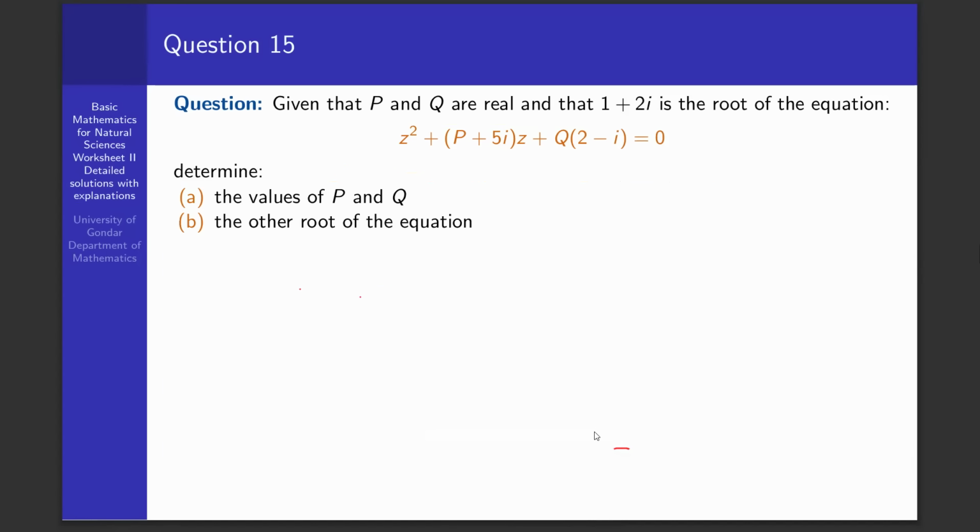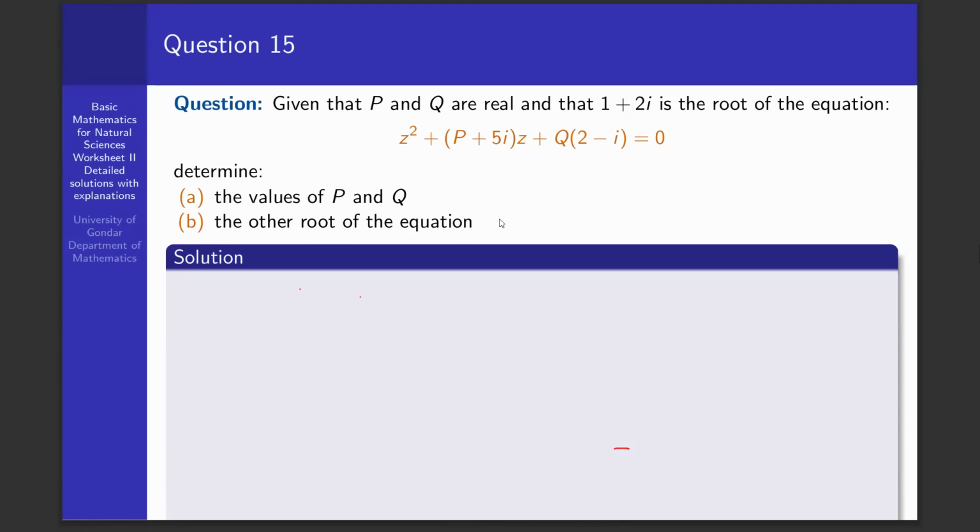Okay, question number 15. Given that p and q are real, and that 1 plus 2i is a root of the equation z squared plus (p plus 5i)z plus q(2 minus i) is equal to 0, determine the values of p and q, and the other root of the equation. So we are asked just to find the two equations here. So the solution would be,